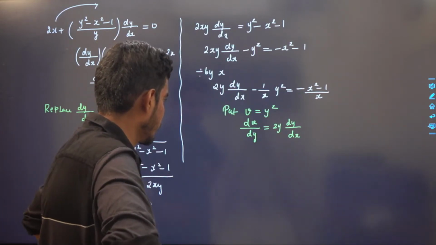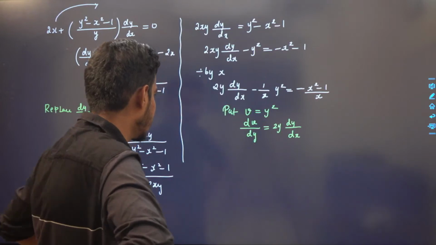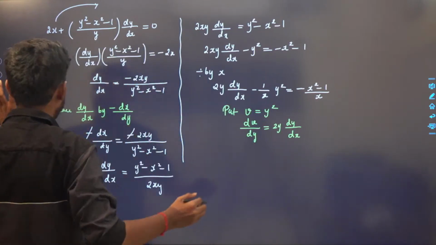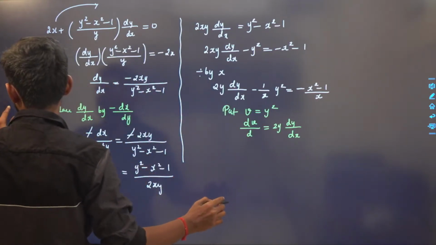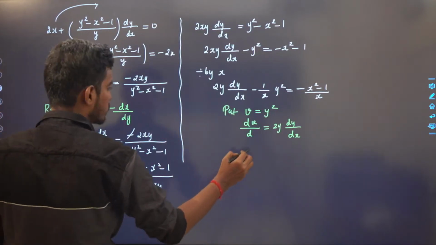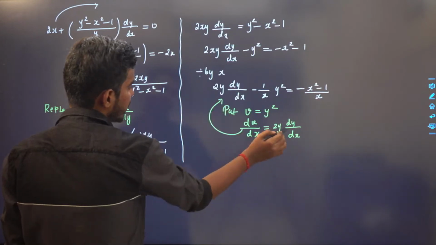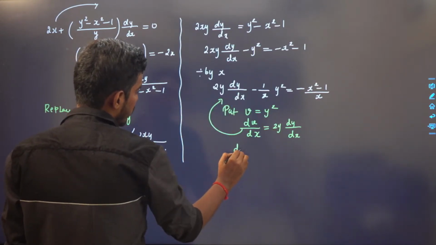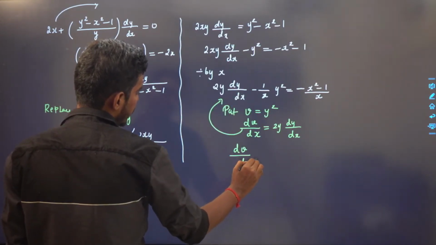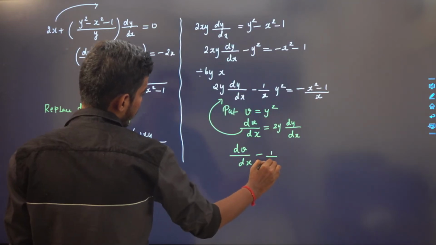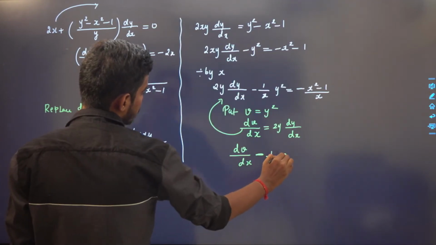No, here differentiate with respect to x. Sorry, dv by dx. Now you have to replace this term. So instead of 2y dy by dx, I can replace it by dv by dx minus 1 by x v